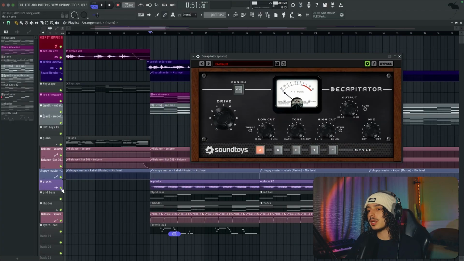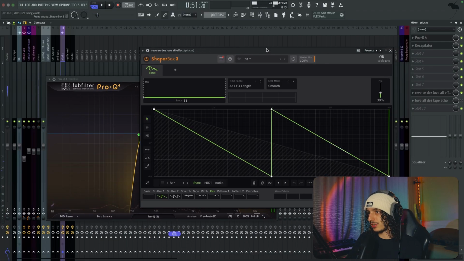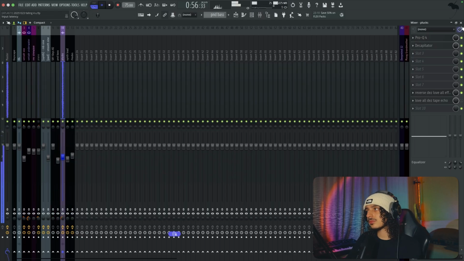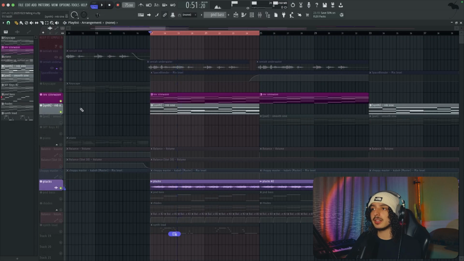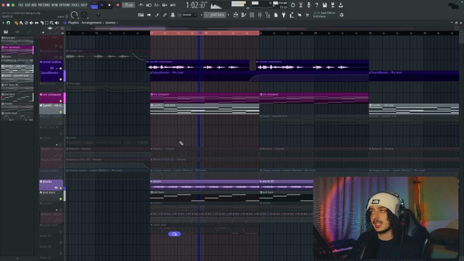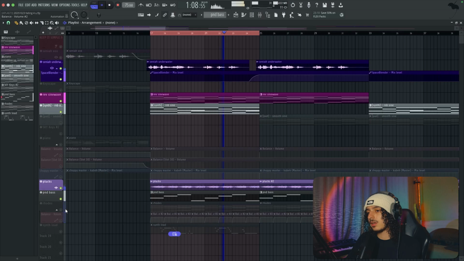But going back to what I was talking about, I just have these plugs. I pulled them from Sky Keys, I'm pretty sure. I'm just using some EQ, the capitator, and this reverse effect that I grabbed from this. We just have this to add a little bit more movement, since the chords are very simple, there's no melodies on the chords. This just helps to add a little movement. Some ambience. With the Rhodes,